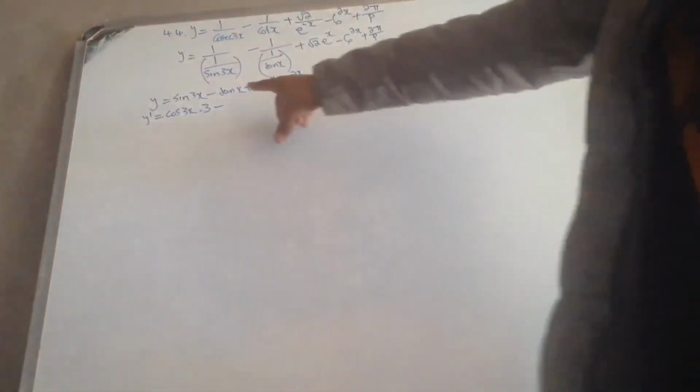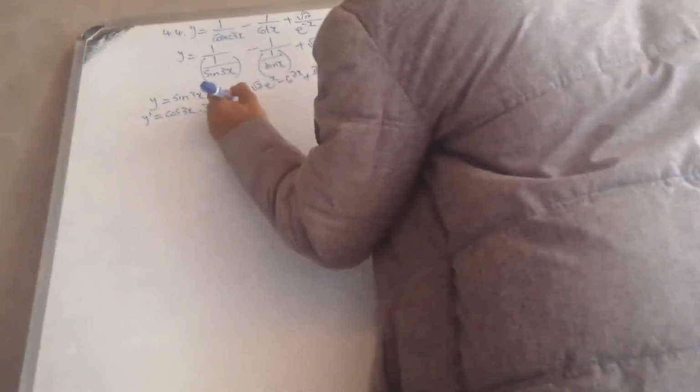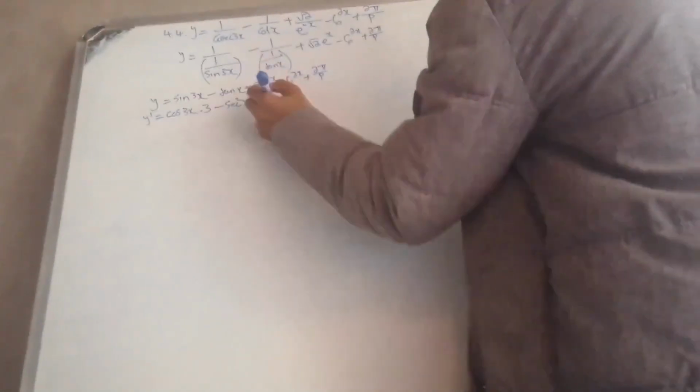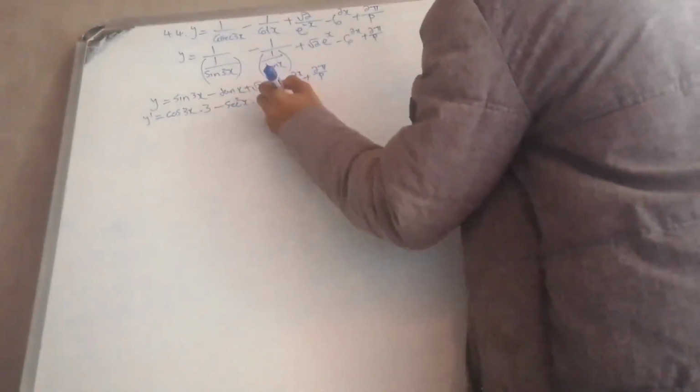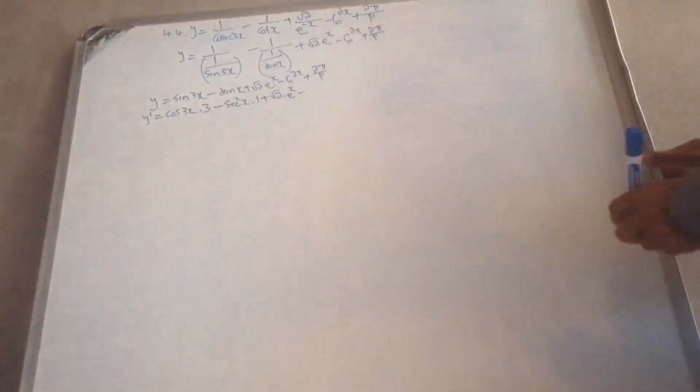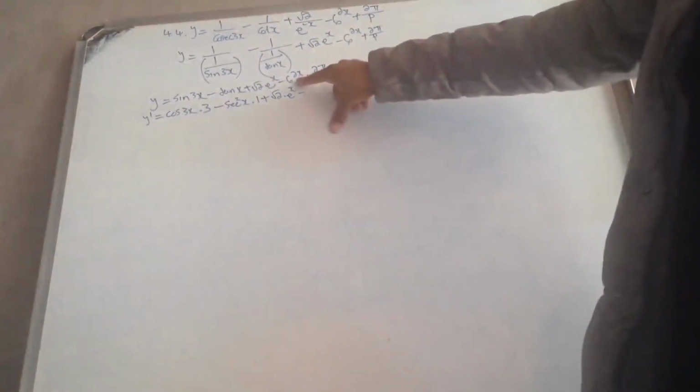Minus, I know that the derivative of tan is sec squared x, hold on the angle, which is x, differentiate the angle, you get 1. Okay, plus, I will factor out root 2. What is the derivative of e to exponent x? That's e to exponent x. Minus, now you remember this one,